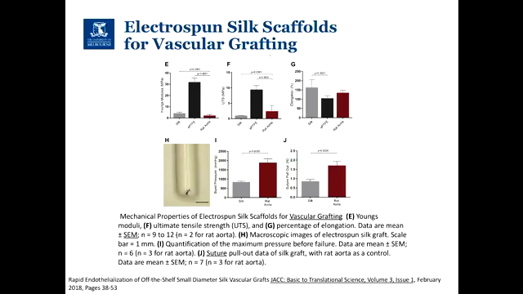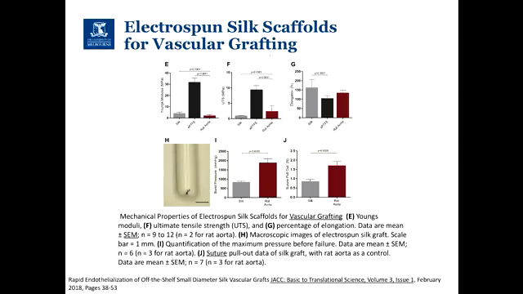These images here are looking at the mechanical properties of the graft. Depending on how you manufacture the material, when you do electrospinning, do you guys know about electrospinning? Did you go through it? They did electrospinning on a mandrel, so you can make tubes. That's how they made the vascular graft. Depending on what size your mandrel is, you can make a tube with a certain internal diameter.